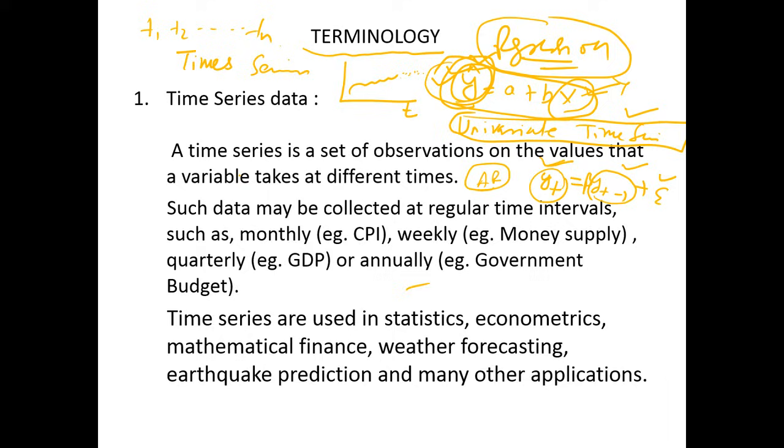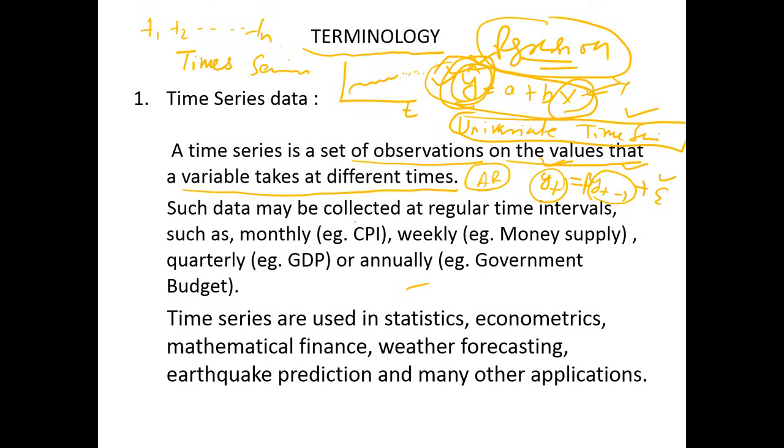So what is a time series? A time series is a series of observations on a particular value, taken at different time frames. One of the best examples is stock price, for example the stock price for the last 30 days. You have the stock price of the same stock for different time periods. That's one example of time series data.